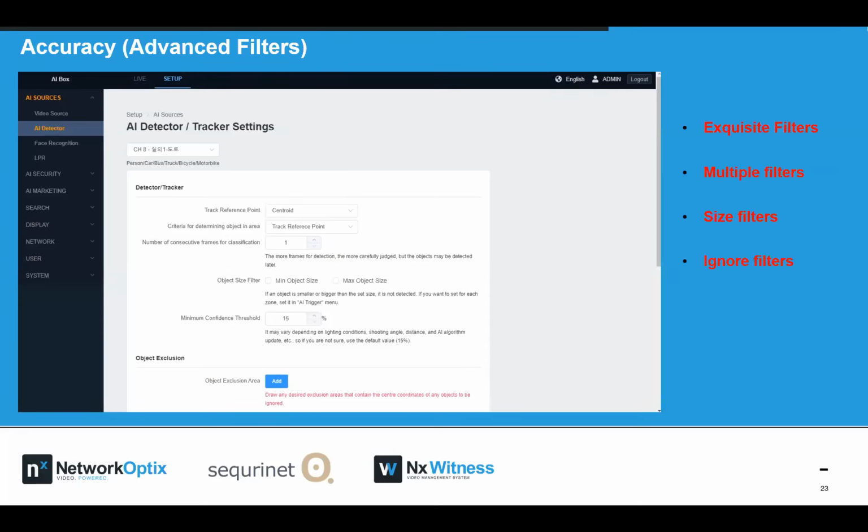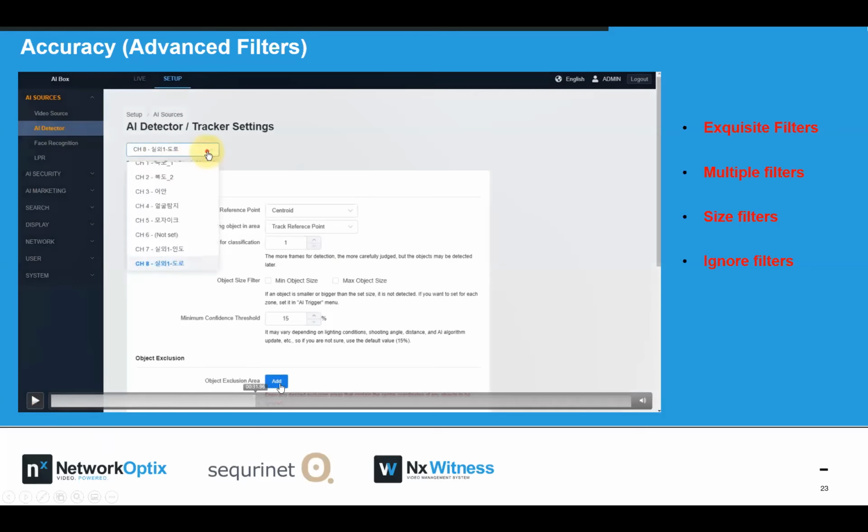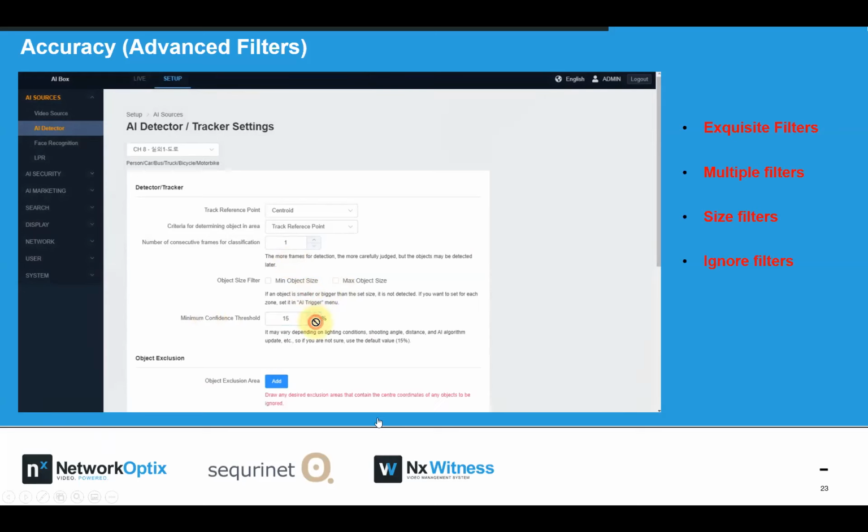So this one is an example of multiple filters that we're going to set up. Just take you to the visual part of the clip. It's going to be around here somewhere. I think it's going to be